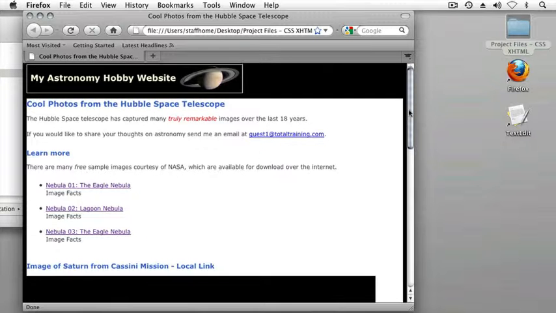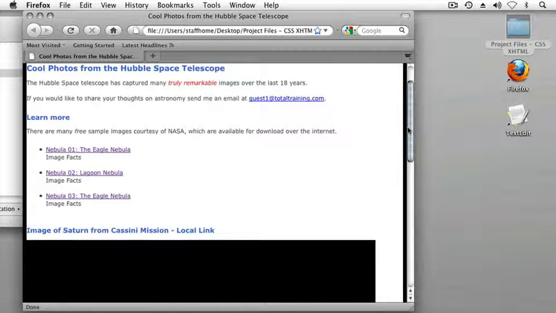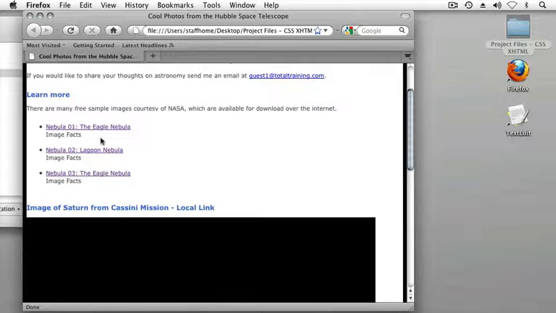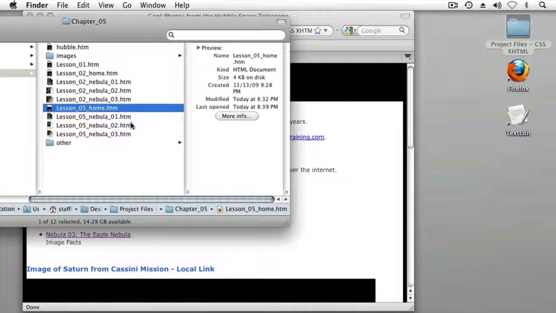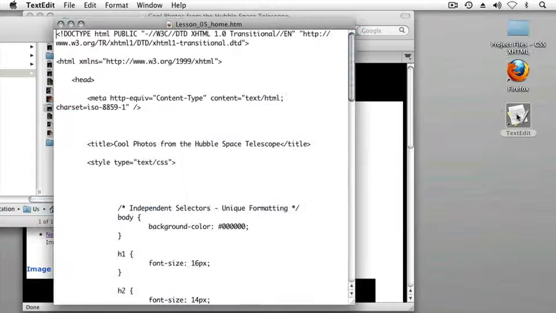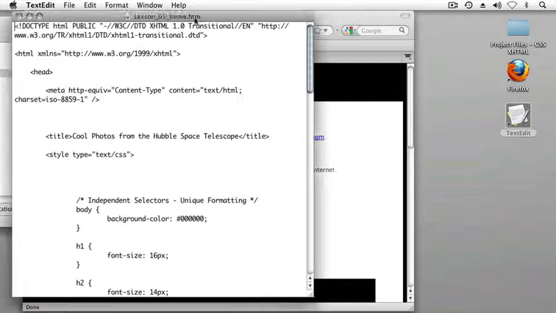If you look at this file, it looks very much like what we've been working on before, but there's been a little bit more text added to our bullet points. The text image facts have been added underneath each of the bullet points listed here in this HTML page. And we can see that if we open lesson_05_home in our text editor